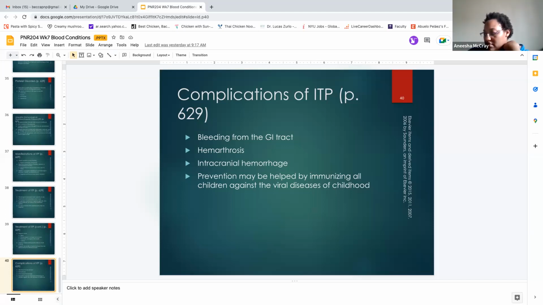What'd you say, Murata? Did somebody say iron fortified formulas? I said red meat and liver too. Liver is good for iron. Okay. Yeah, so I got red meat and liver.